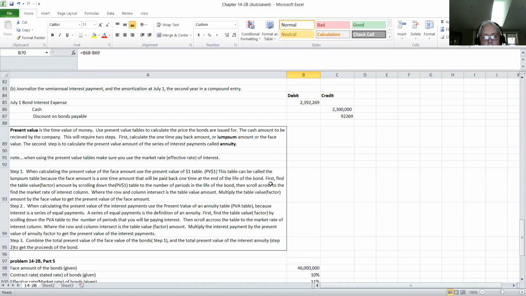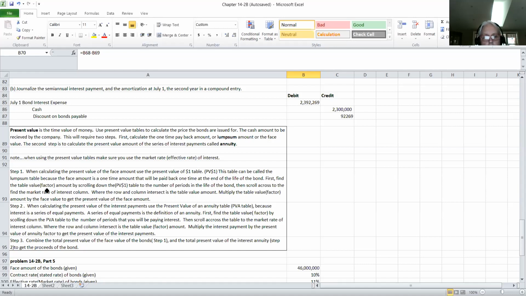When you are calculating the present value lump sum amount, you're going to first find the table value factor. We're going to be using tables that are given to us in Cengage